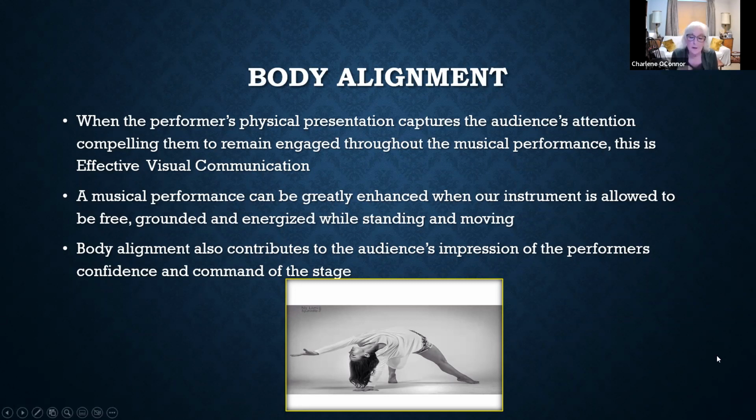Okay. So for many reasons, body alignment is very, very important to our visual communication, because it depends on our body alignment what kind of emotion or attitude or command we are giving that audience. For instance, let's all sit in our chairs and we're lifting. Now I want everybody to just kind of slump over. Okay, as we slump, what happens to our face? We kind of lose our face, don't we?